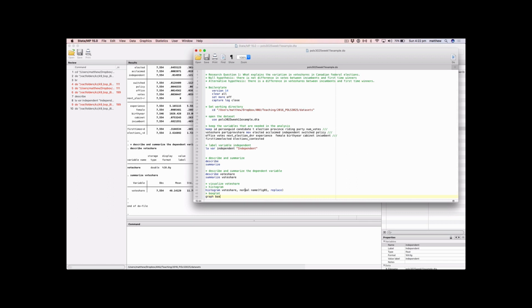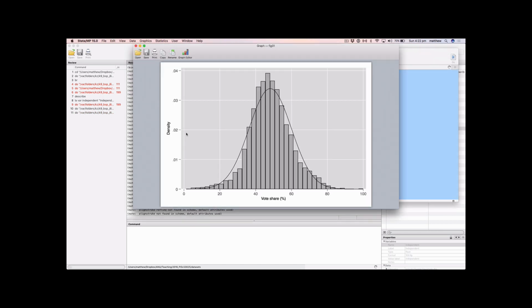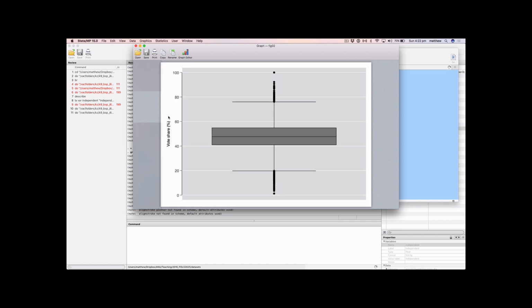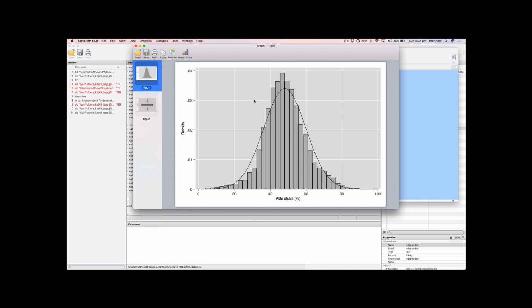And that's graph box vote share. And we're going to give that a name too. We're going to store it into memory. So we're going to go name, we're going to call it fig2, and replace. Okay, so let's see what we get here. There we go. There's our vote share, and that is a really nice normal distribution for vote share, with the